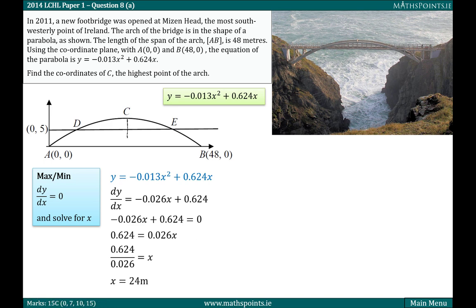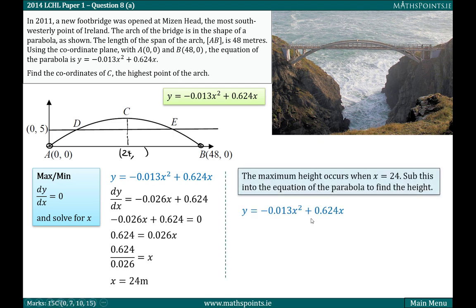This curve is symmetrical. We have an x value of 0 at the start, and we have an x value of 48 when it hits the x-axis again. Makes sense that the x value of the maximum is 24. Now we need to find the y value. The y value represents the height of the bridge, so we just sub the 24 back into the original function, and when we do that, we get a y value of